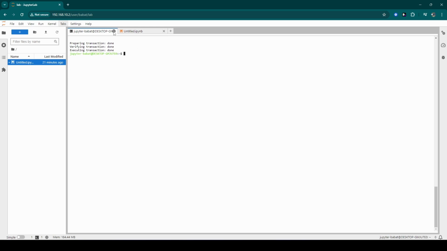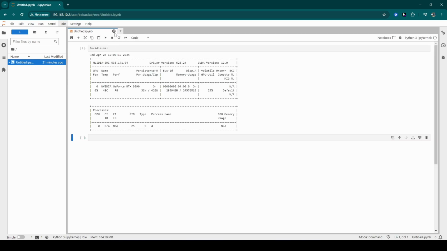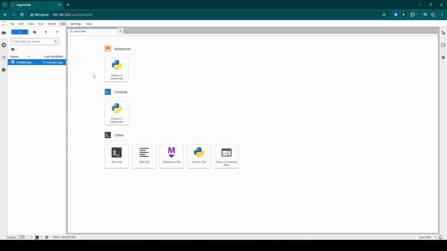If we close this and close the notebook, the Jupyter Collaboration is not active yet, so we need to restart our Ubuntu or WSL.